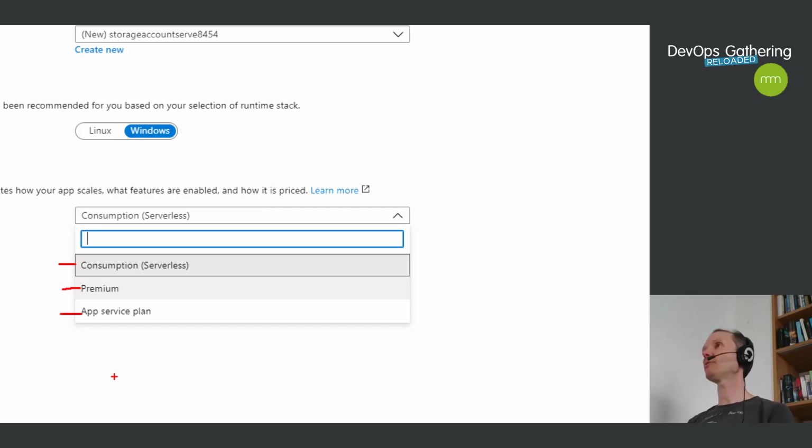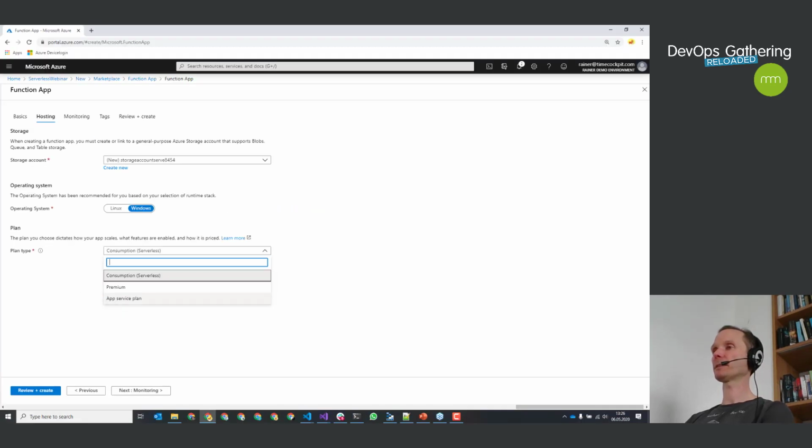This is what you have great control over. And you can, for instance, define schedules. So if you know up front that every day at, I don't know, 6:30 o'clock in the morning, you have a big burst of CPU usage, then you can define a schedule and you spin up the necessary machines a few minutes before this burst in order to have enough available. Okay, that is the app service plan. The app service plan is, as I said, platform as a service, and we will today focus on this one, serverless. Okay, so let's get back and select serverless.